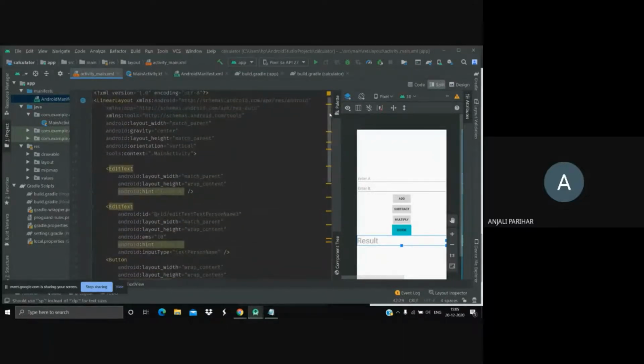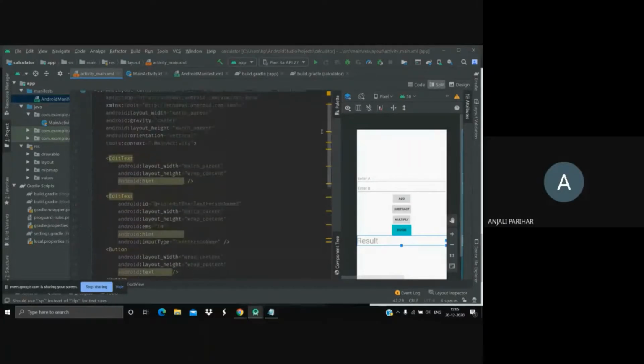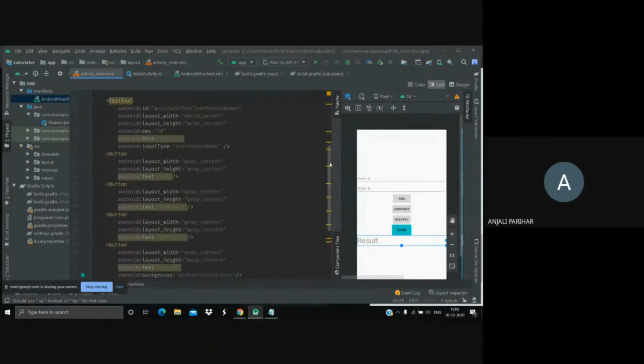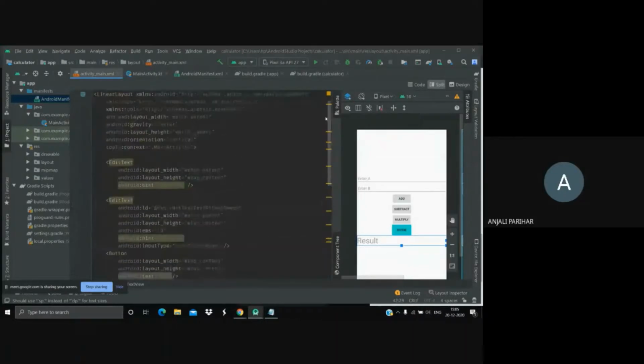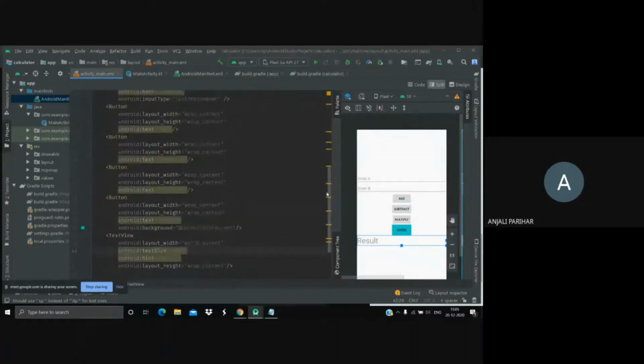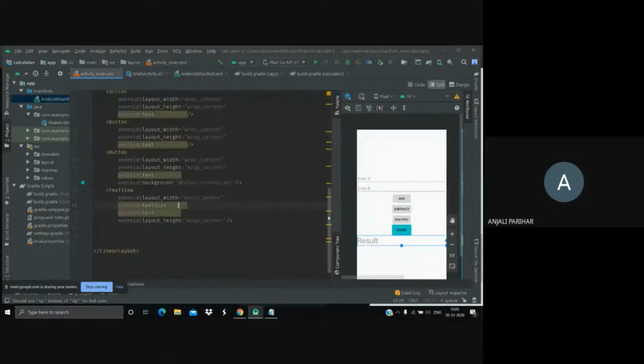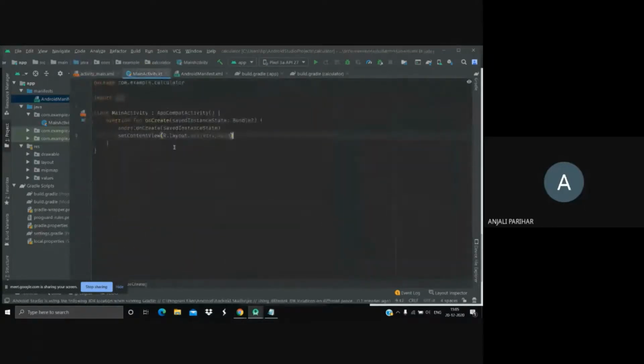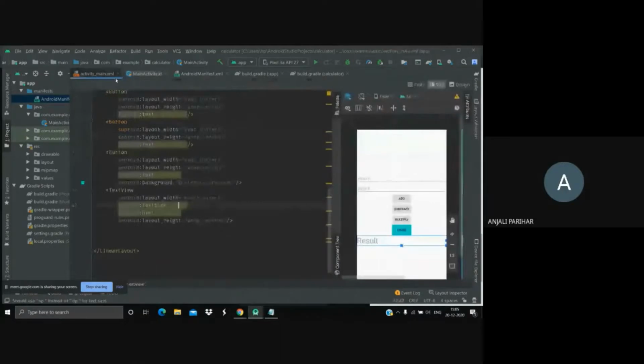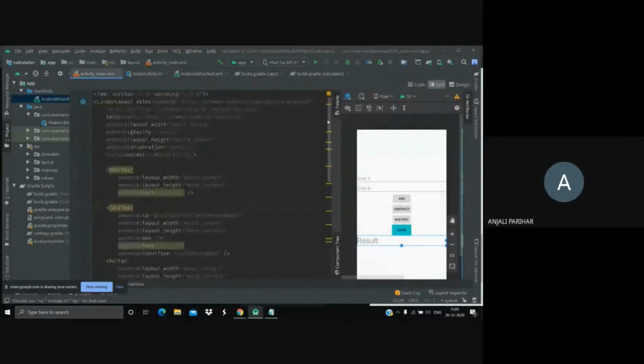We can change many of the features like colors, font size, font style. We can do as many things. But firstly, we'll focus on the functionality of the app, that is performing the operations. So what I'll be doing is performing all the things here. Means I want A, I want B, and I want to perform any of the operations on A and B. How would I be using them here? In order to do that, I need to give IDs to each and every view.